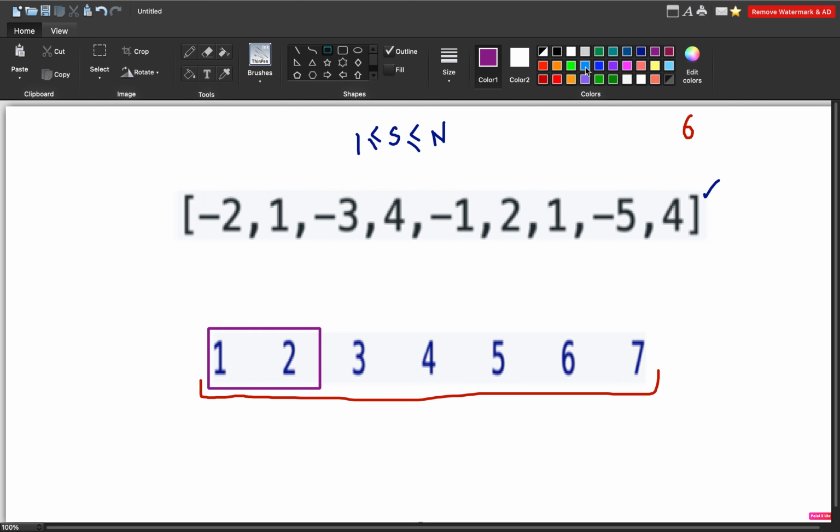Now you have to move to the next window. What you will be doing is adding this number to the sum of this window and subtracting this.